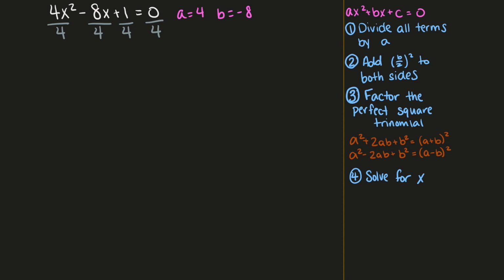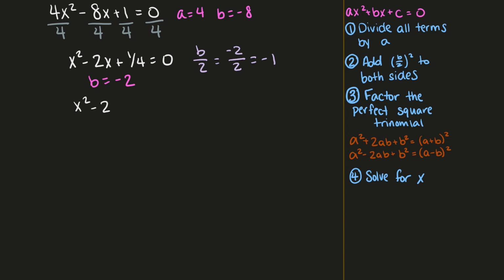This means our expression is x squared minus 2x plus 1 over 4 equals 0. So now our b is no longer negative 8, our b is equal to negative 2. And we're able to now complete the square. B over 2 is going to be negative 2 over 2, which is equal to negative 1. This means our expression becomes, when we add b over 2 squared to both sides, x squared minus 2x plus negative 1 squared plus 1 over 4 equals 0 plus negative 1 squared, which is equal